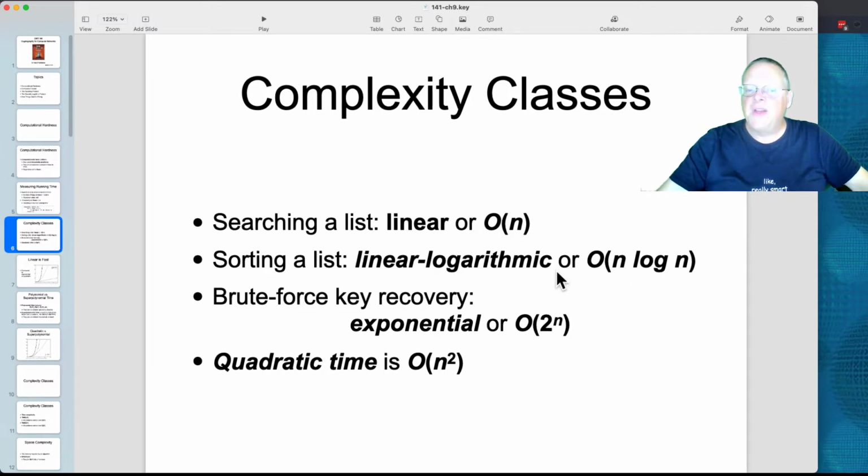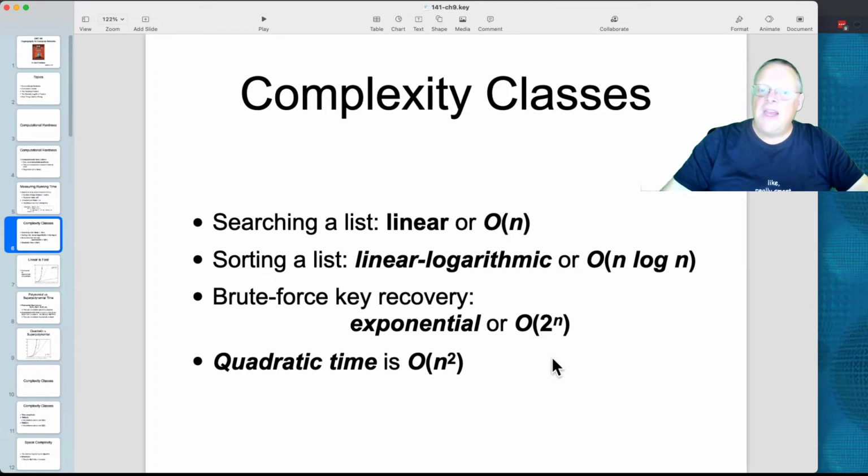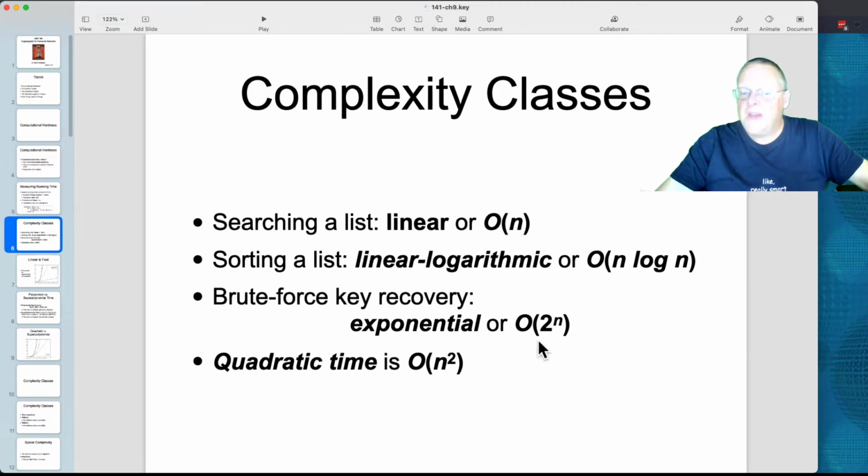So that's the sorting. If you're going to do key recovery for a cipher like AES, you have n bits in the key, and that means 2 to the n possible keys, and you'd have to try every possible key to get there. So it would be the order of 2 to the n, which is much bigger than either of these. This is linear, this is linear log, this is exponential. Then there's quadratic time, which is in between, like n squared and n cubed and n fourth. Polynomial time is a